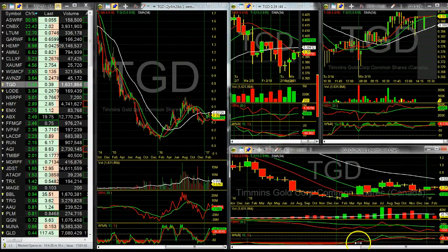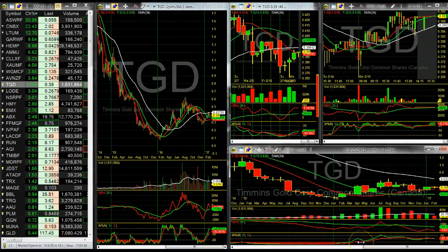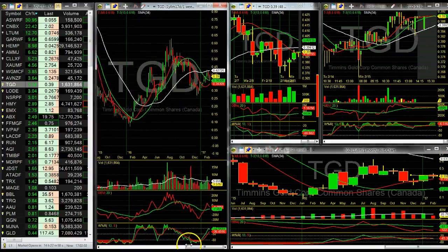This way we can see the long term, short term, and the intermediate all at once. Look for previous high breaks on TGD on that monthly chart, as it will confirm this whole 3-bar pattern and continue. Looks like on the weekly,